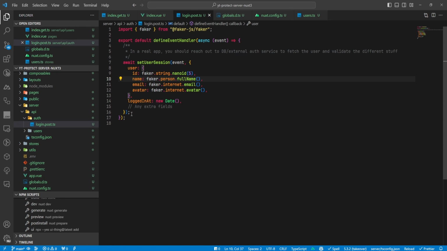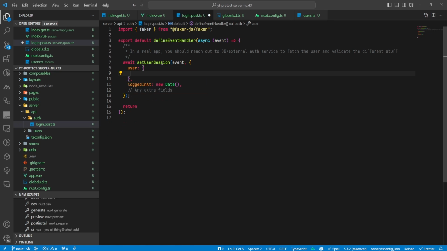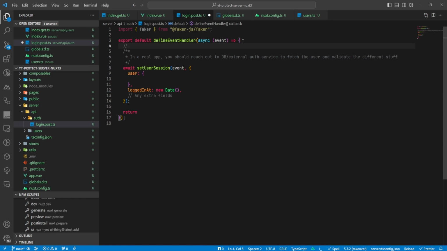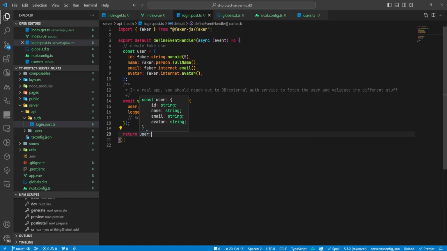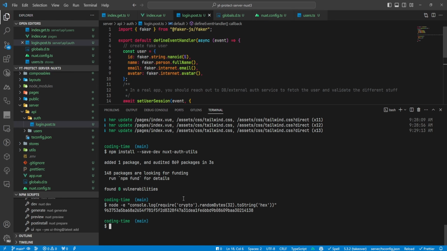We're gonna set the user, and then we're gonna return a value, right? Let's just create this user. So we're gonna create user, create fake user, right? We're gonna set the user to this user value that's up here, right? And then we're gonna return this user. Cool. So now, if I should run my application,